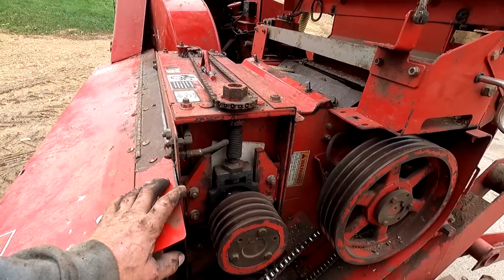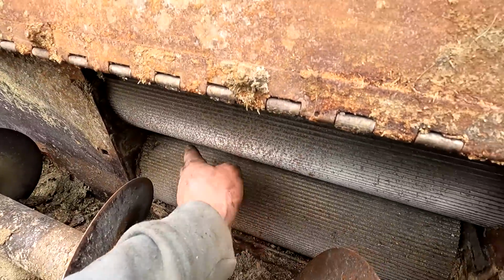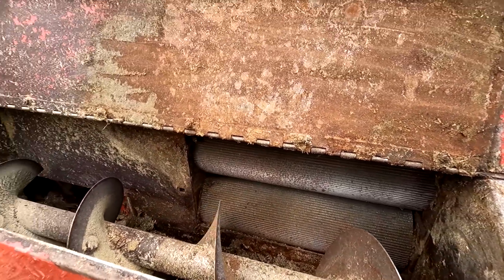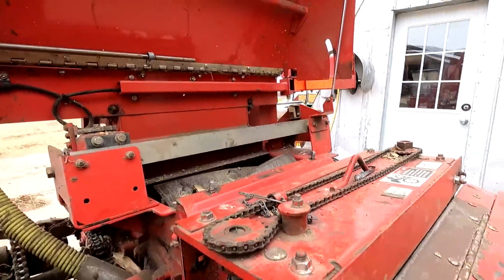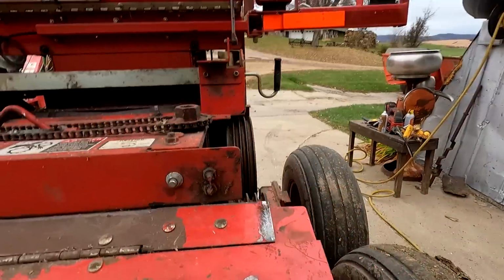And after it dries off, we put oil on these. Spin it a little bit, let it wick into it. It's got a stand it goes in. If you watched preparing the chopper for corn silage, you watched how we put this in here. It's a little bit more of a fight. It's a big, kind of a clumsy thing, but